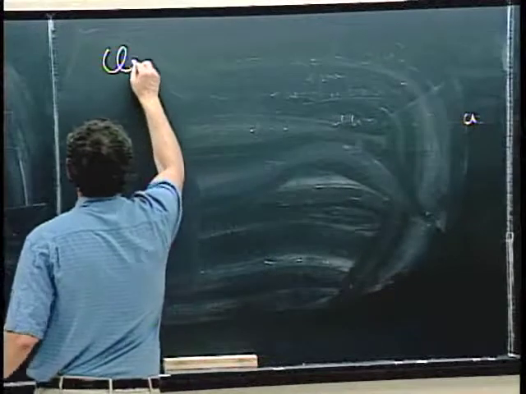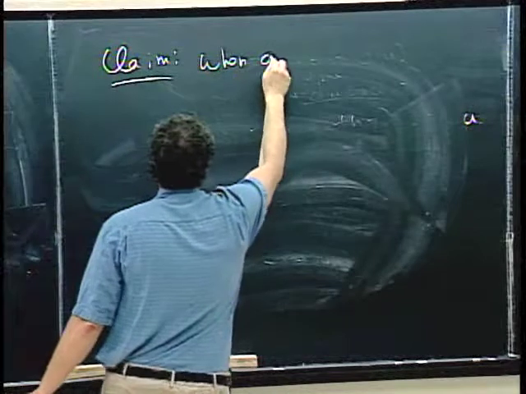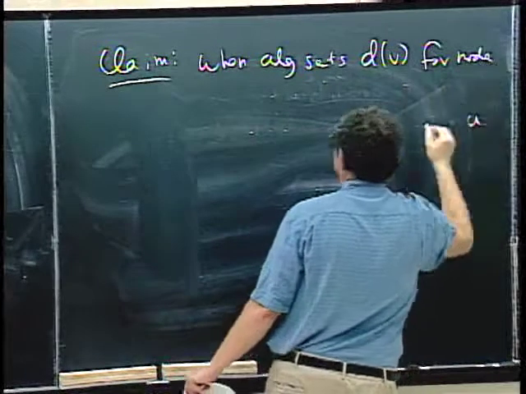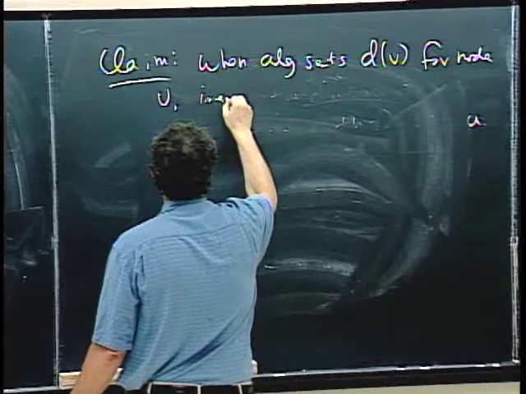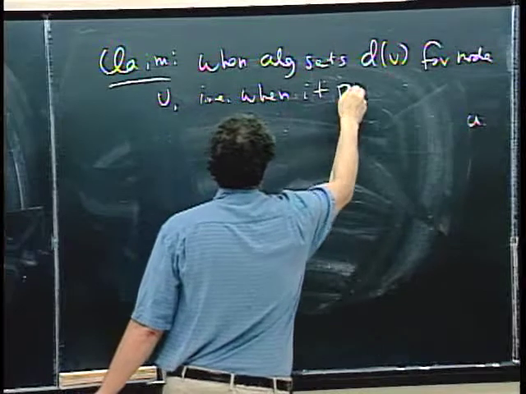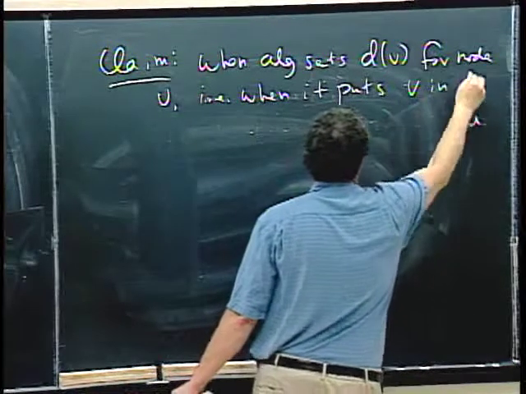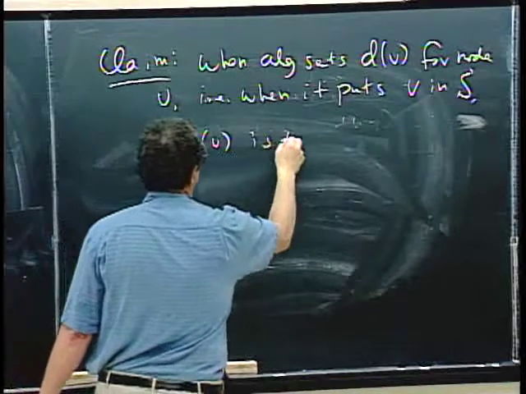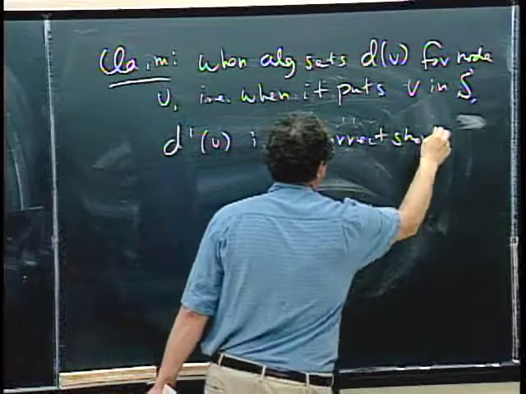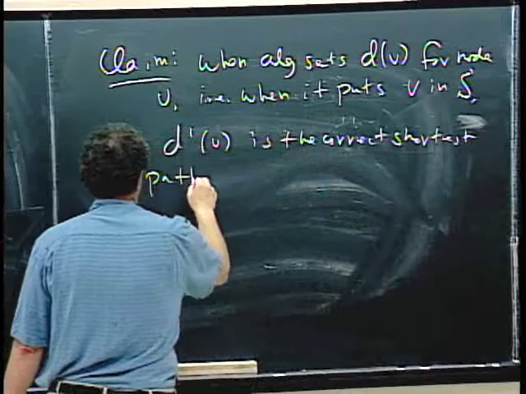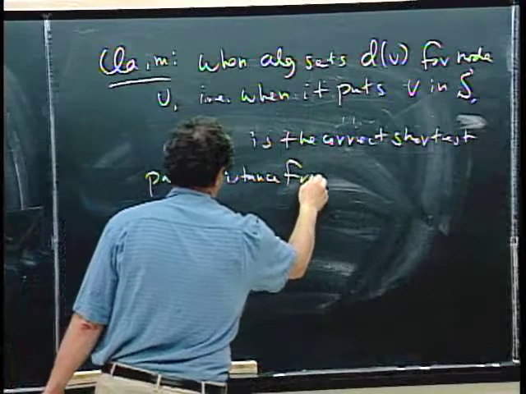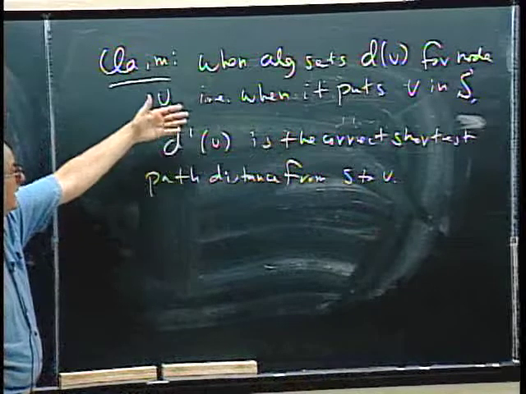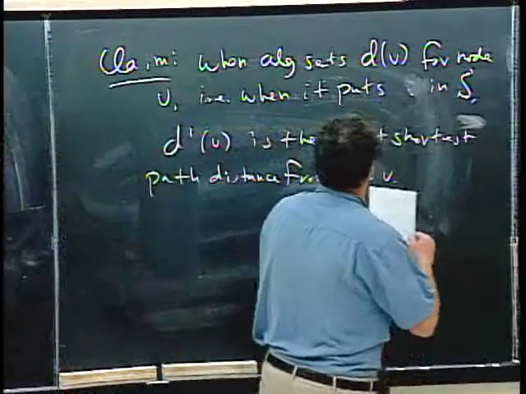So claim: when the algorithm sets D of V for node V, in other words, when it puts V in capital S, okay, D prime of V is the correct shortest path distance from little s to V. Because at the moment that the algorithm puts little v in capital S, make this a smaller v to be sure,